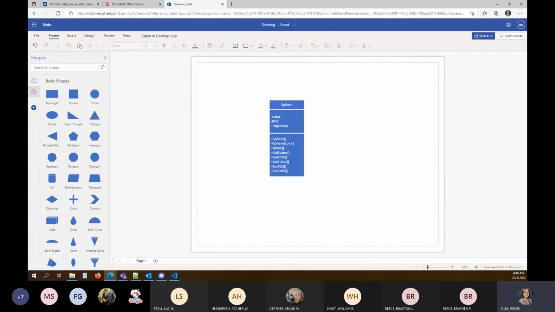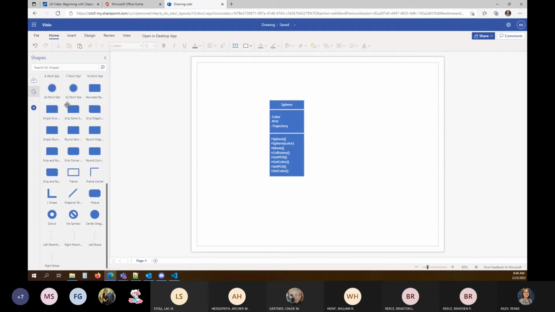For our basic shapes, though, let's go ahead and put a title on this thing. I guess I can just insert a text box up here, and I'll say something like sphere UML diagram.